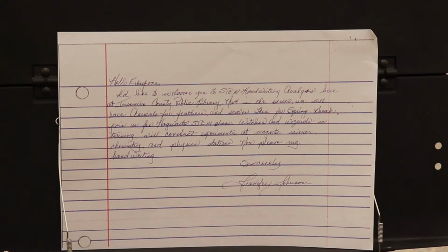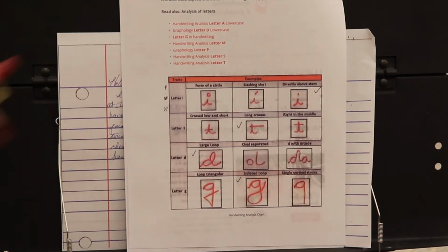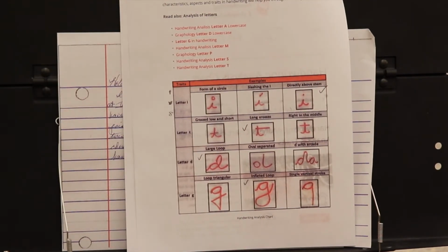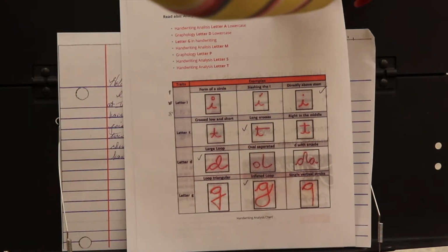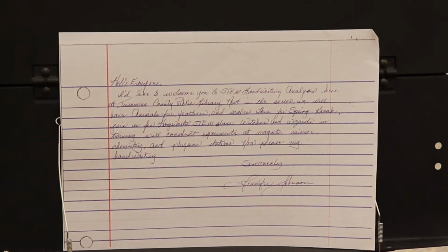So the next thing I noticed about Jennifer, if you look, she makes her I dots directly above the stem. She does long crosses across her T's. She makes a large loop for her D's, and then her G's are like an inflated loop. So from there,